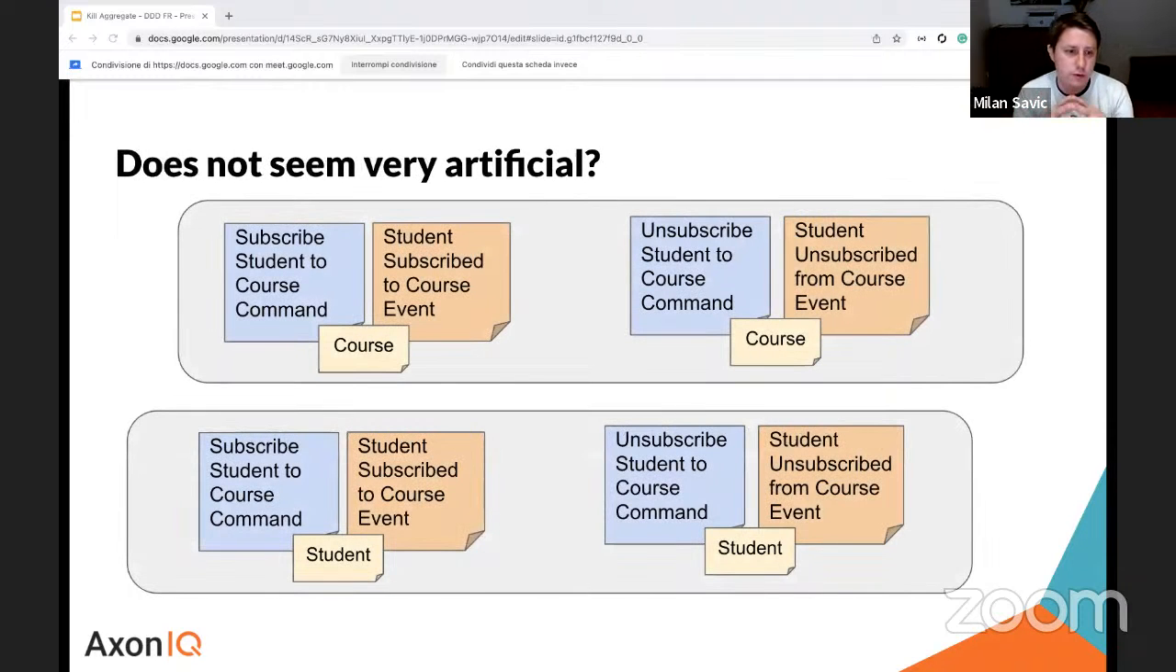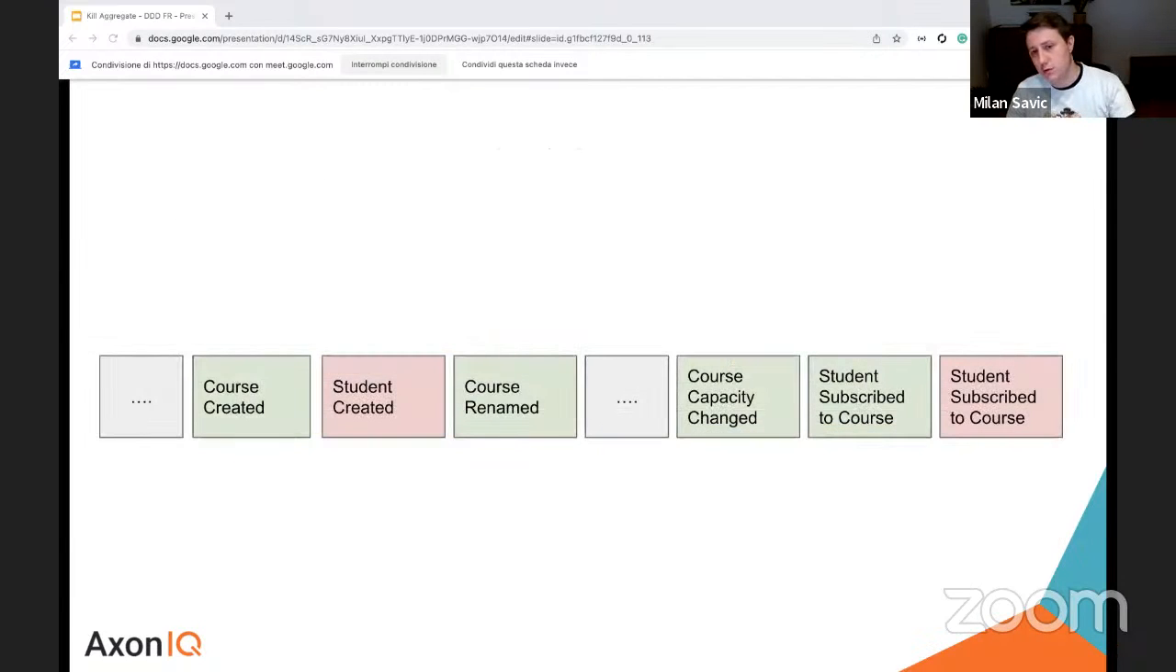As the result of our event storming phase, we had this, I would say, a little bit weird situation, also artificial. We basically have duplicates of commands and events for the course and for the student aggregates, both for subscribing and unsubscribing concepts. If we take a look at the event stream in our event store, we can also spot these two duplicated